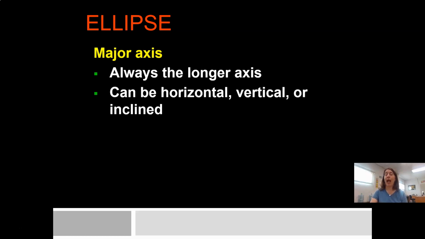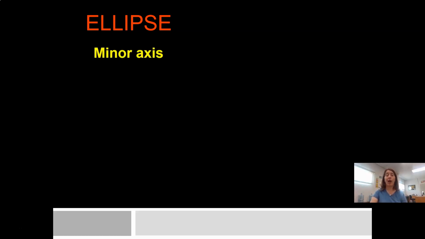Now, with regard to the major axis, just to make note of this, that major axis could be horizontal from left to right, vertical up and down, or it could be inclined. It could be slanted. For our purpose, we're only going to deal with the first two, that the major axis is either horizontal or vertical, as those will be the easier kinds for us to work with when it comes to graphing our ellipse. Well, if you have a major axis, then you're going to have a minor axis as well, and the minor axis is going to be the shorter of the two axes that you have. So it's the one that's a little bit more narrow, the one that is squished together in your question. All right, so let me go ahead and show you what is the standard format of the ellipse,